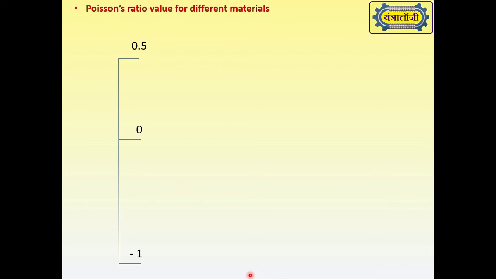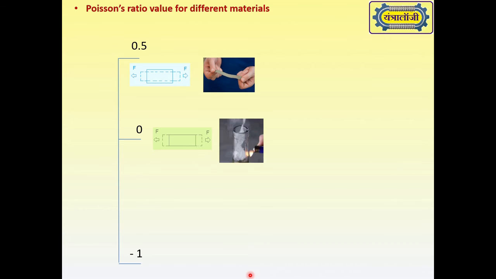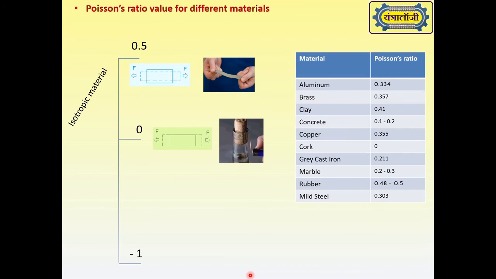If we see the Poisson's ratio for metals and metal alloys, it is more than 0.3. The Poisson's ratio for concrete is very small, that is 0.1 to 0.2. It means it has very little lateral strain. But the Poisson's ratio for rubber is almost equal to 0.5, which means it has a great value of lateral strain comparatively. The material called cork, which is made up of some wood substitute, has a Poisson's ratio almost equal to 0. It means it has no lateral strain.